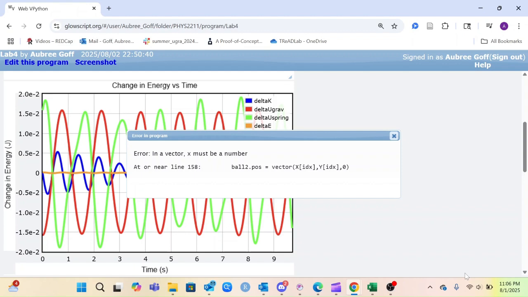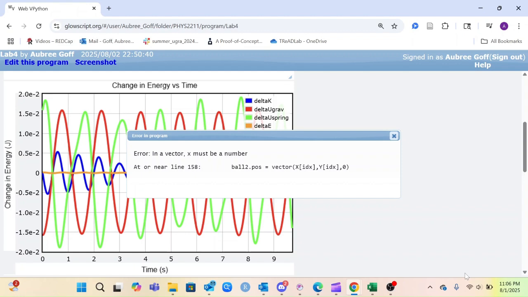As expected in an ideal system, the total energy stays pretty constant, which confirms that the energy principle is satisfied. The small fluctuations in total energy are likely due to numerical rounding or approximated values. But the individual energy components like kinetic, gravitational, and spring potential all oscillate as the system moves, and the sum